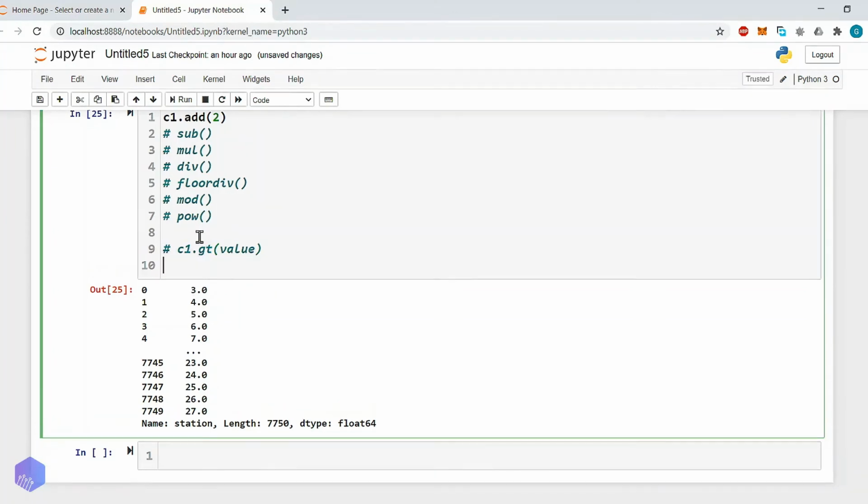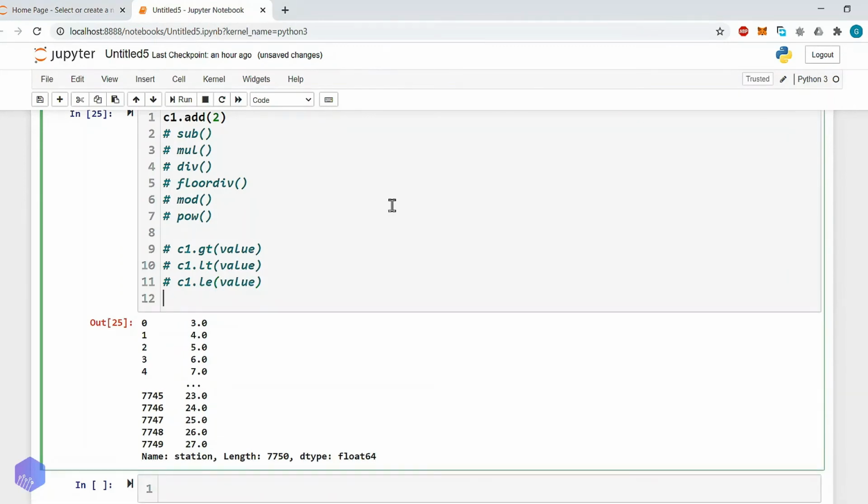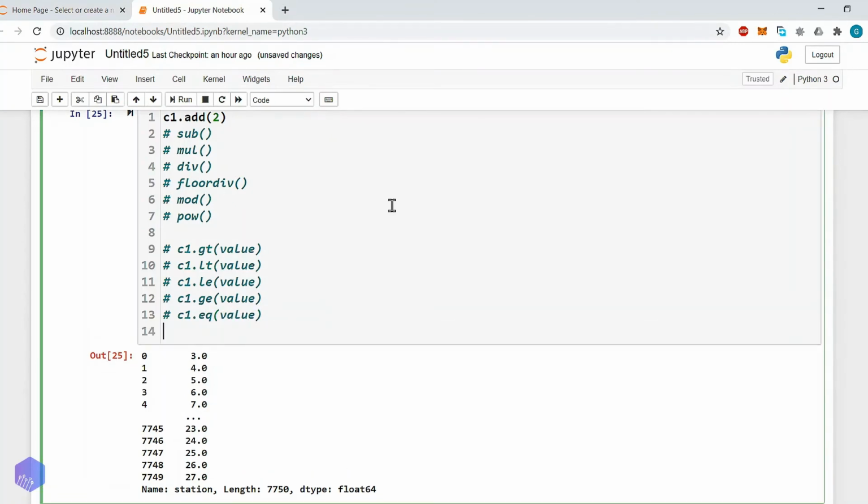Similarly you can use less than, instead of less than or equal you can use greater than or equal, instead of that you can also use equal, and instead of equal you can also use not equal. So all those kinds of operators you can also use with a series. So instead of column we will call it series.